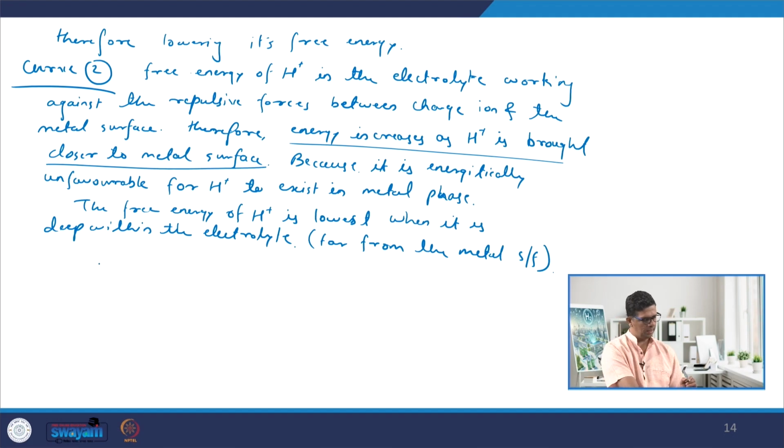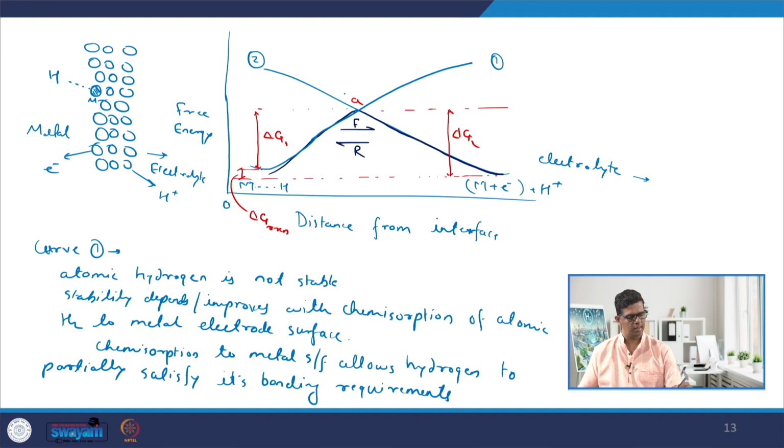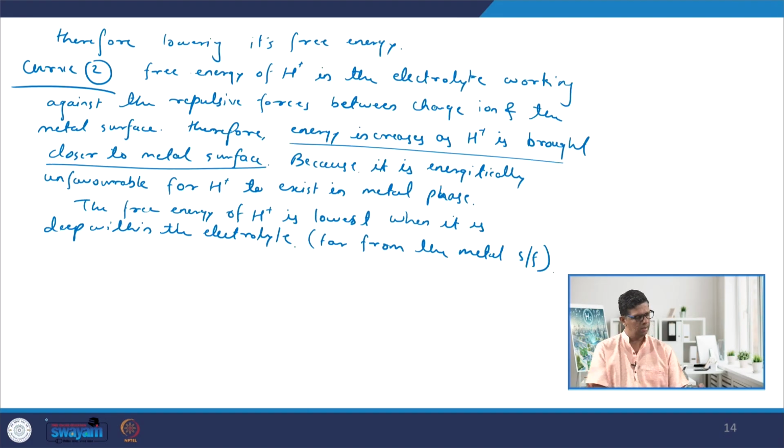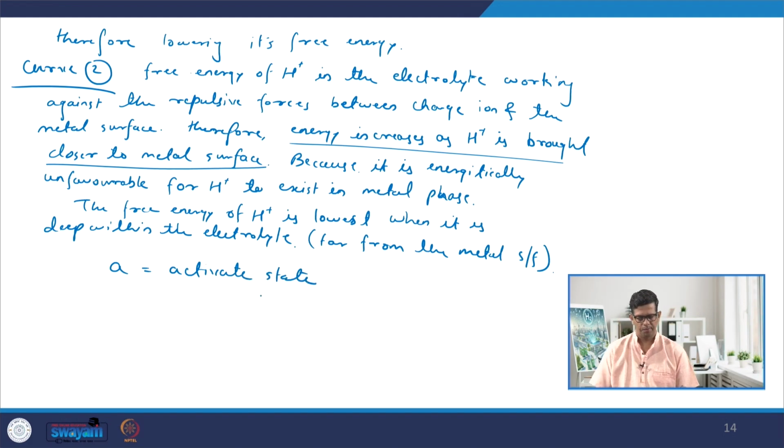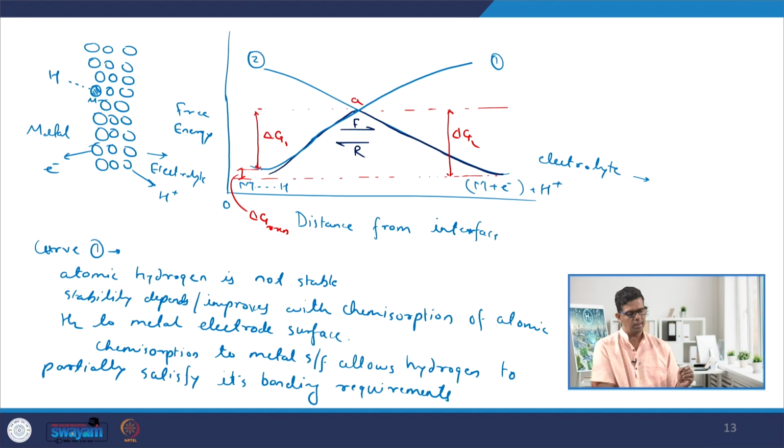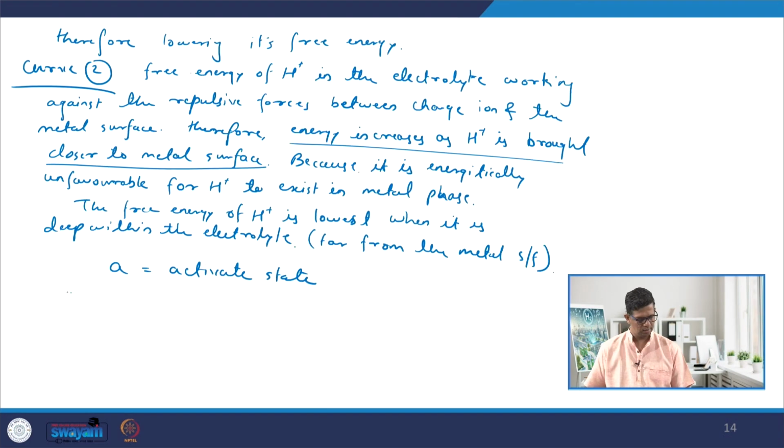And what is this A that we have written here? This A stands for the activated state. Let me write it here. This A is basically the activated state. So what is the significance of this activated state? Only those species that achieve this activated state can be converted into product species, or vice versa. Only product species that can achieve this activated state can be converted into the reactant species. So, species in activated state,